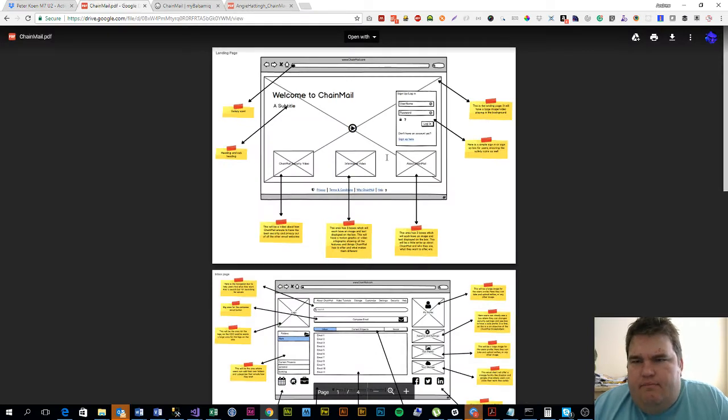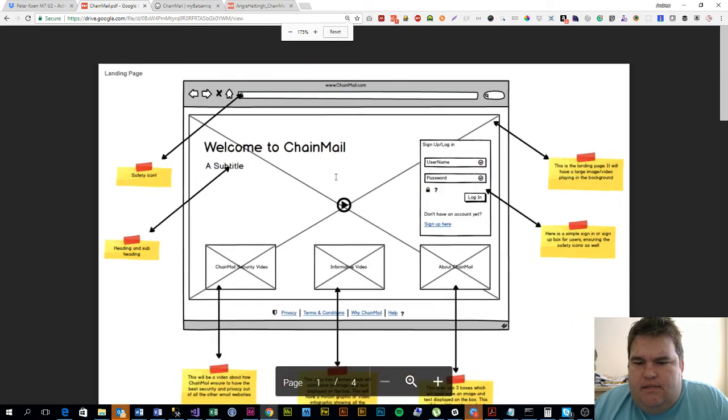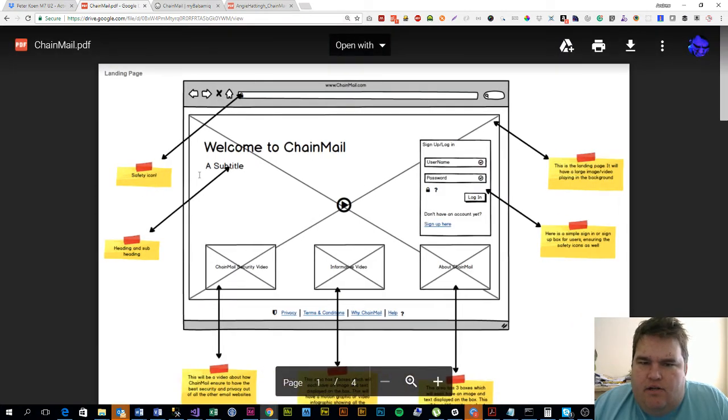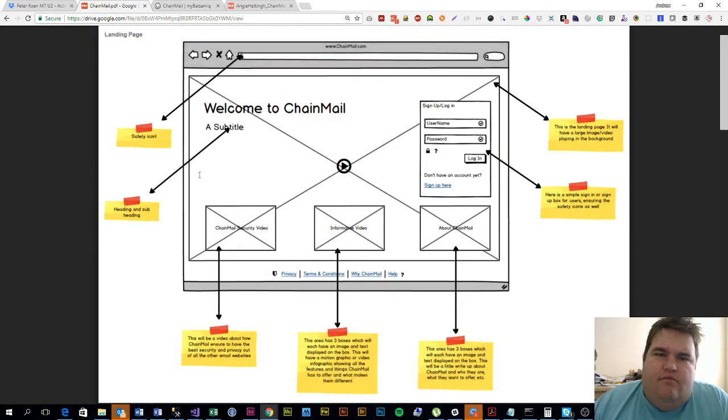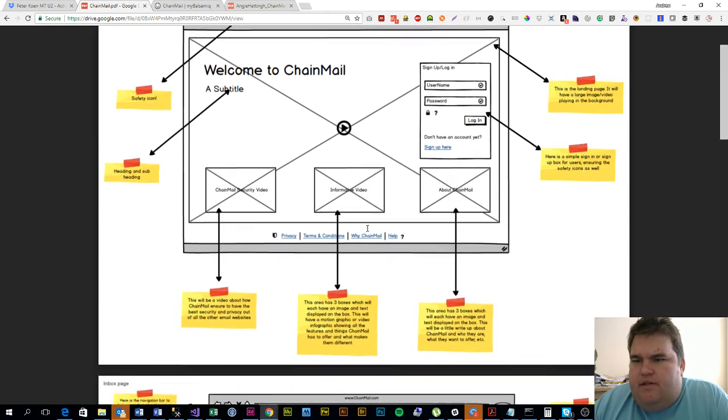Onto another one of the wireframes that was well done. Again, here we've got, and this is, I think, the reason why I wanted to include this, to point out that you don't have to design extra elements. Sometimes just having a very, very straightforward and clean wireframe is certainly not a bad thing. So pointing out that where the security icon would be, that there would be a security window, video, some basic